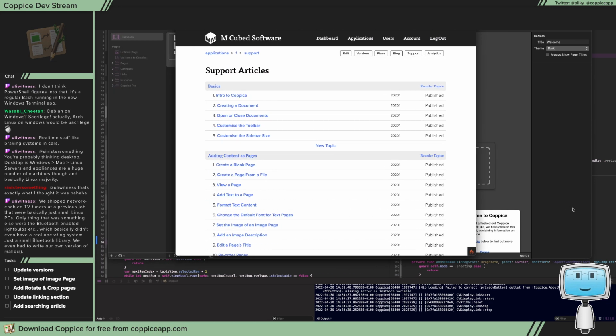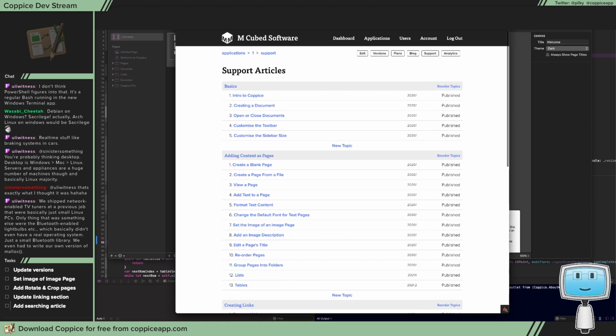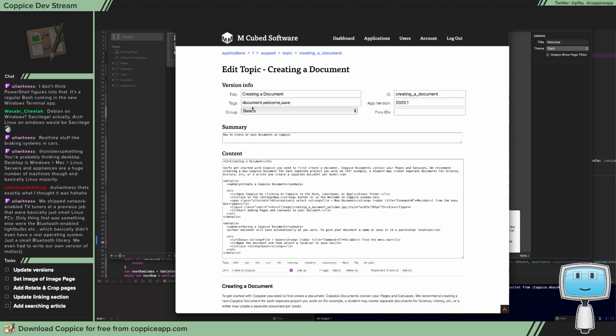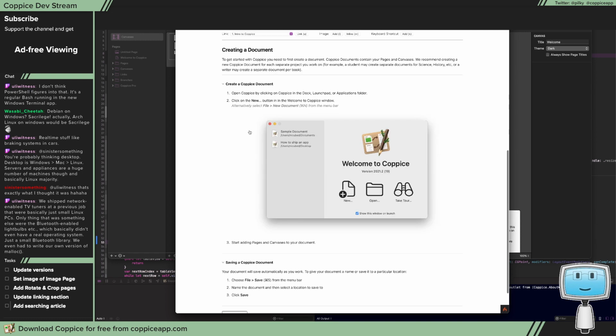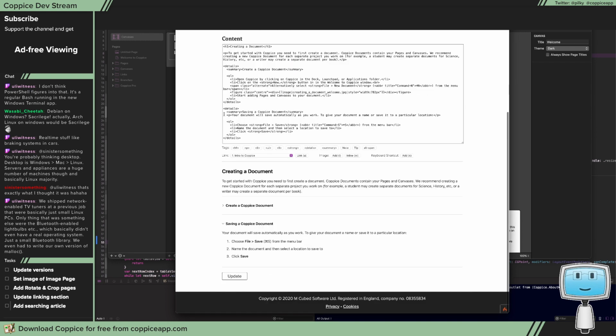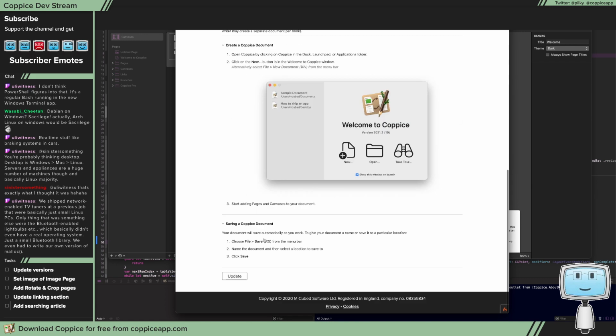You can see part of my back end. So what I am going to do is it's creating a document, an open close document. So I go into here and I have this document I've built where you have the title, the tags, stuff like this. You have a summary, and then you fill in all the details you want, and then down here you have all of your